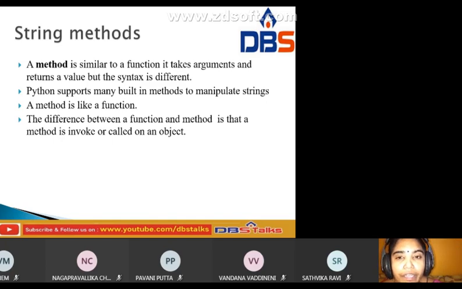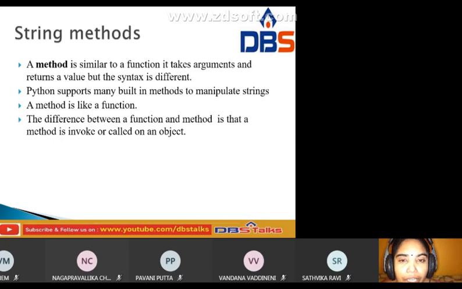Python supports many built-in methods to manipulate strings. A method is like a function. The difference is that a method is invoked or called on an object.